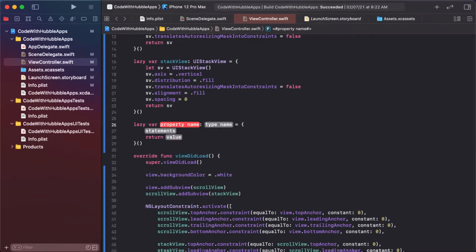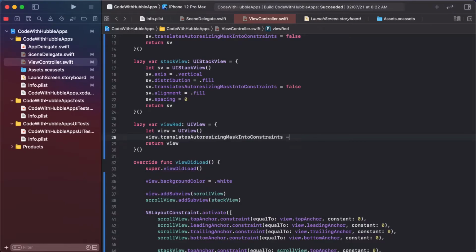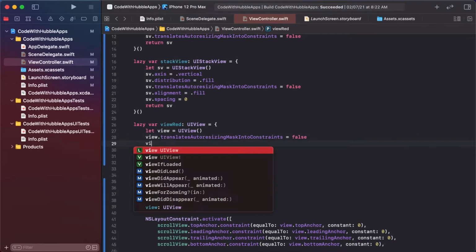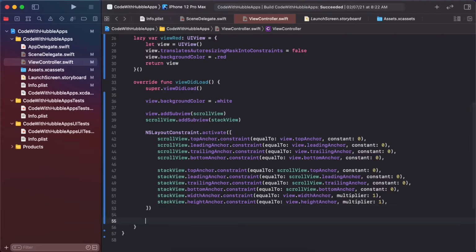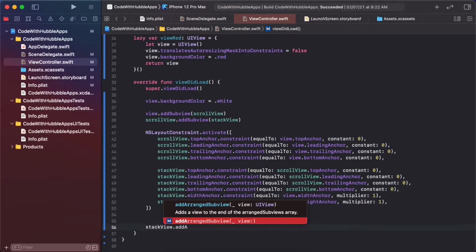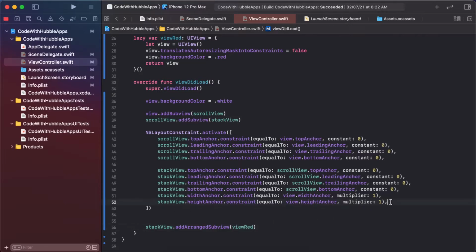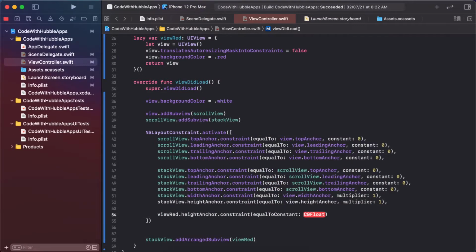So lazy view red, sorry, UIView. Let view, UIView, return view, and view.translatesAutoresizingMask is false, and view.backgroundColor is red, and adding it to the stack view with addArrangedSubview, and redView height anchor constraint is 200,